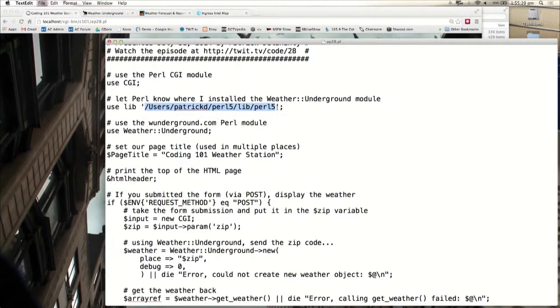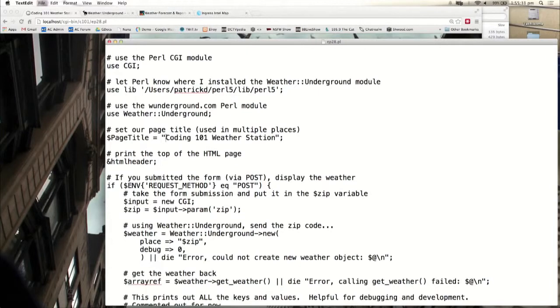Right, and I already showed them exactly where they'd find it if they have a Windows machine. It's going to be in the C drive, it's going to be Perl 64, it's going to be CPAN, it's going to be build, and then you find the library. Yep. Then I just set a page title, so if I wanted to change this to something else,